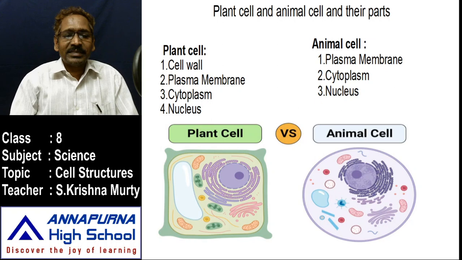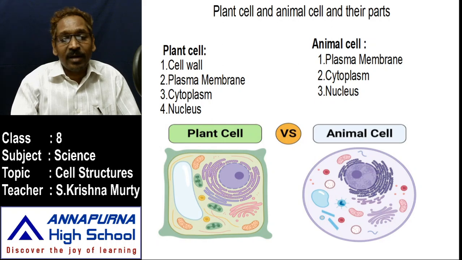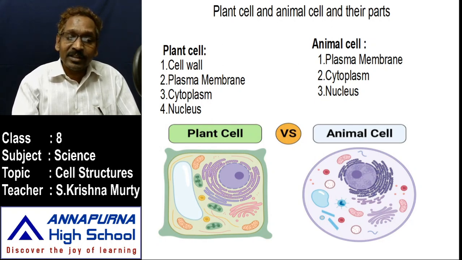Compare the plant cell and animal cell while observing the screen. The plant cell is made up of protein and lipids. In the same way, the animal cell is also made up of protein and lipids. It is a flexible, delicate and permeable membrane. This permeable membrane should allow oxygen and food material into the cell. All the organelles need oxygen and food material. And after digestion of that food material, whatever waste material is released has to be sent out.